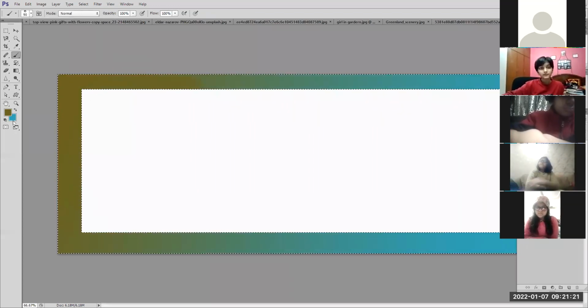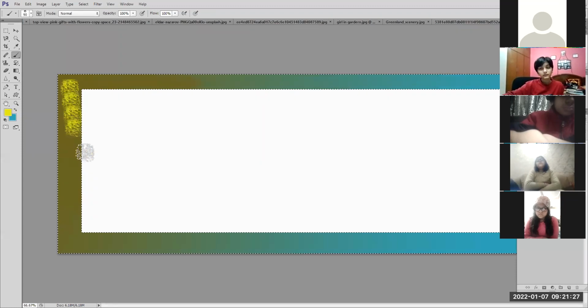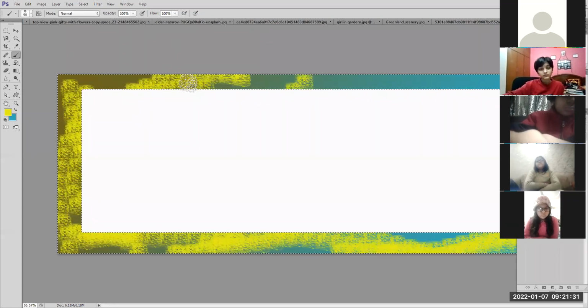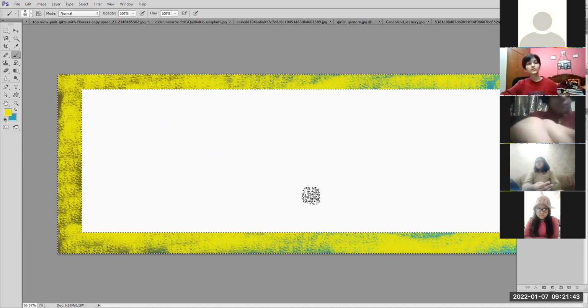Now you can choose the color and you can fill this pattern only in the border. It will not go inside the area because it will fill only in the selected area. Got it?